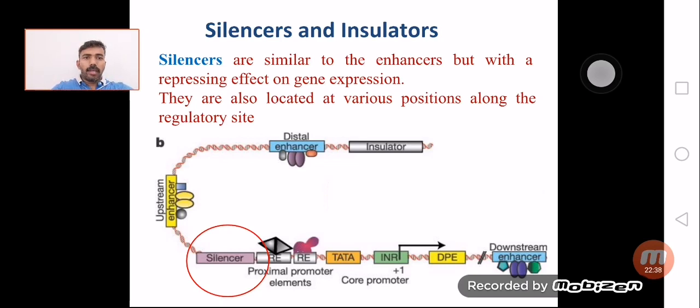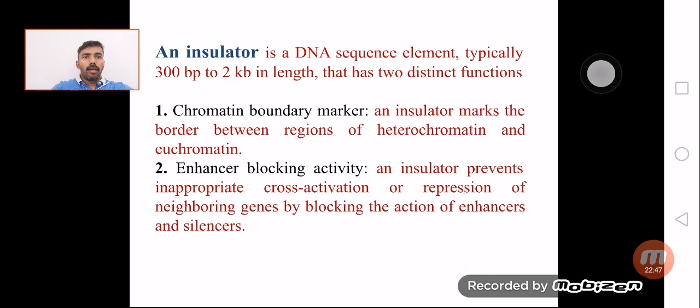That means when a silencer is present, it will block gene expression, or block transcription initiation. And the insulator is also important because insulators block transcription initiation in such a way that